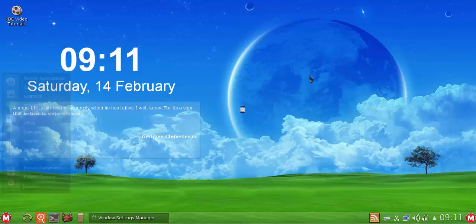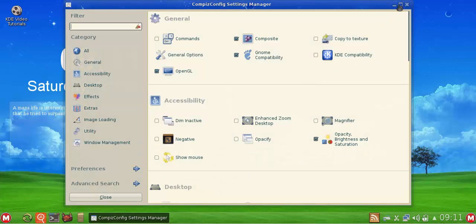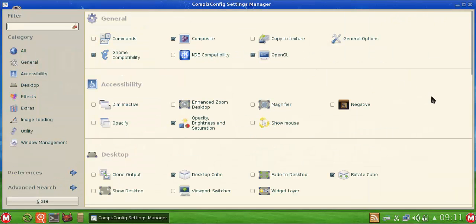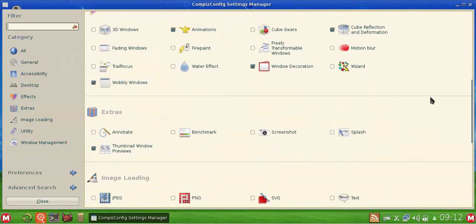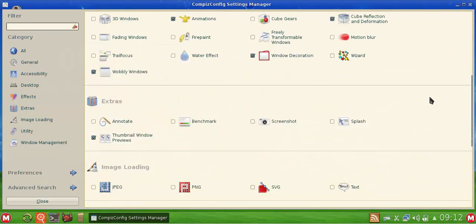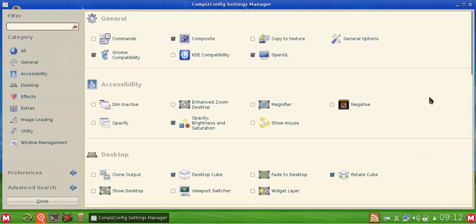Okay, now I want to get into actual Compiz, the actual Compiz window manager. A lot of these plugins have been tested over and over again and are fully operational. However, I must warn users. I have to give this warning. It's one of those things. When you install Compiz by default,